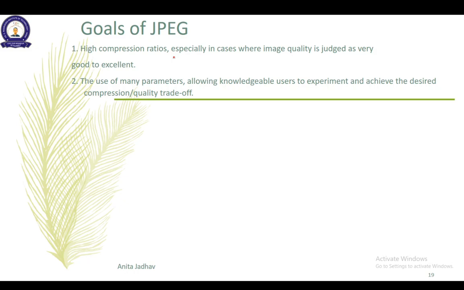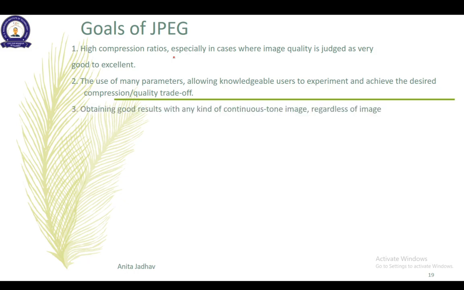For example, as I told you in the first lecture also, compression is not a very high level technical word. Anybody can understand that compression is we are trying to reduce the data. So if you have certain knowledge about more details of compression, the user can experiment with the different factors: what compression factor should be kept, what can be noise which we can eliminate, what kind of distortion can be allowed. So the JPEG gives you a flexibility in achieving that compression.